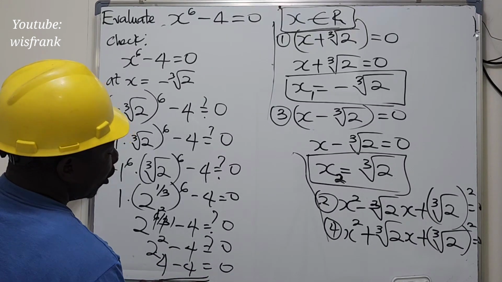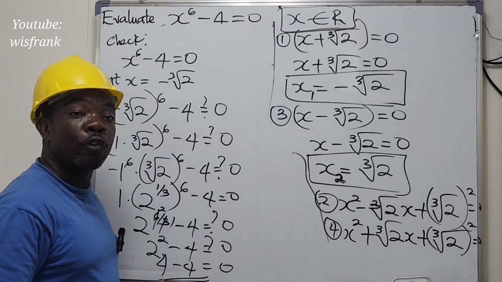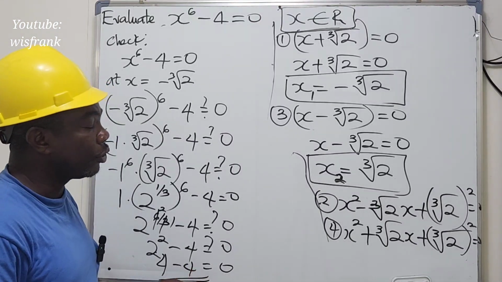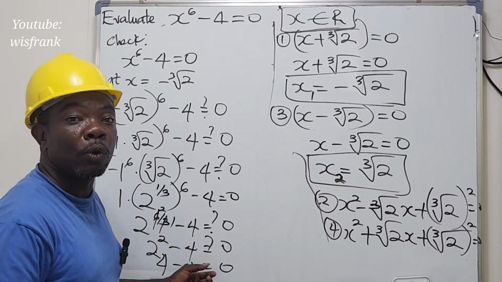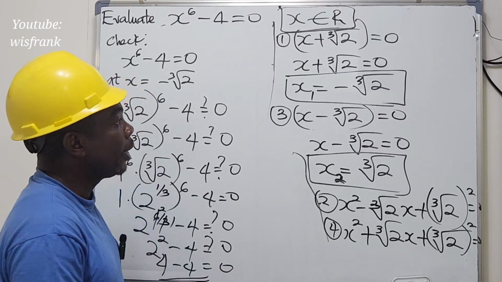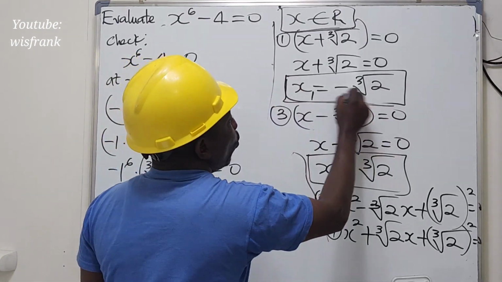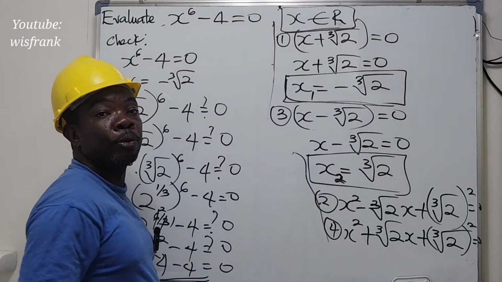So what we have on the left hand side, which is 4 minus 4 equals to 0, equals 0. What we have on the left hand side equals what we have on the right hand side. Therefore, the solution of x1, which is minus cube root of 2,